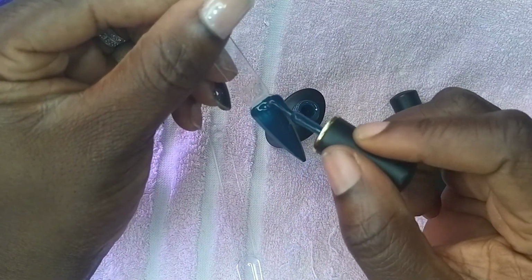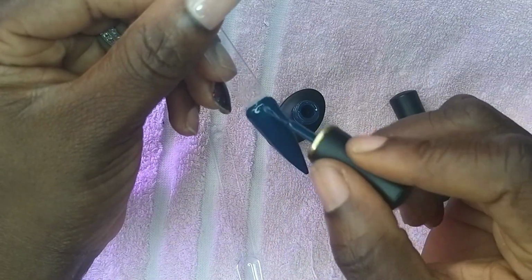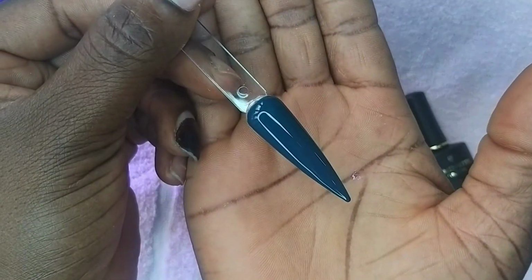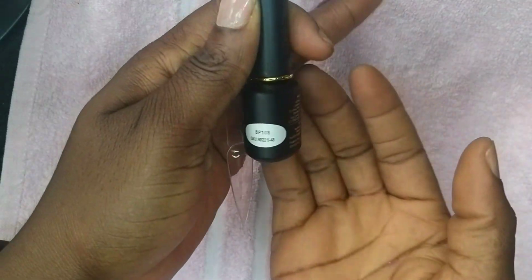It gives the exact color of the gel polish. So when you go in with the second one, it just darkens a bit. So this is very good. As you can see, this is just a coat of it, and it's well pigmented, and the coverage is